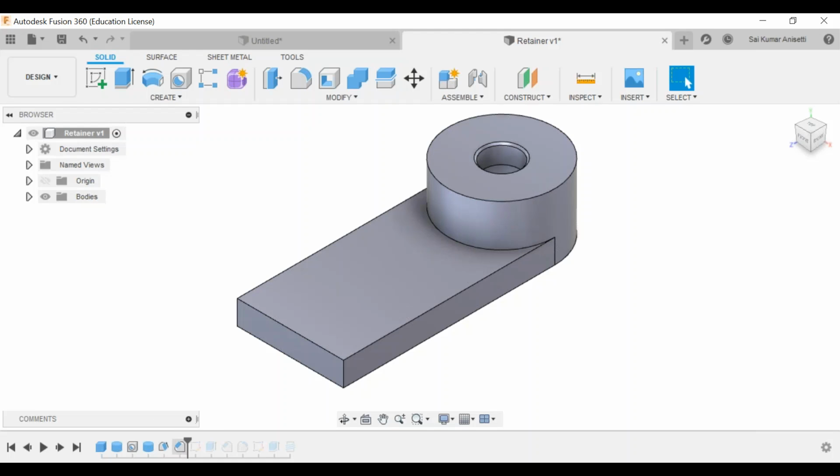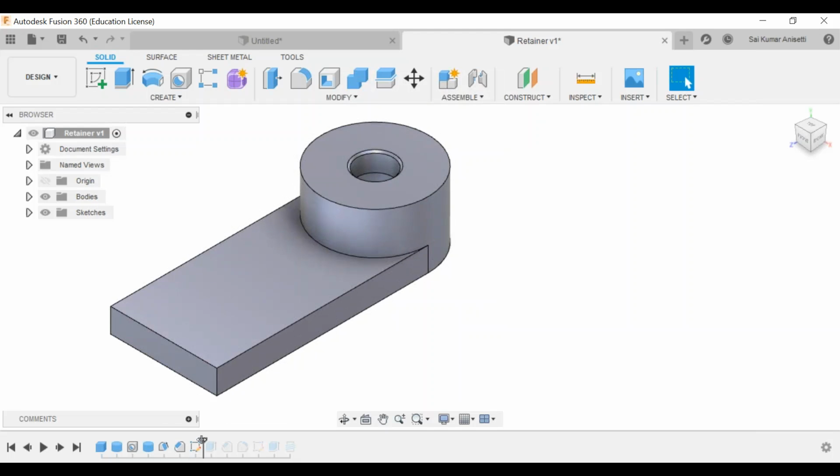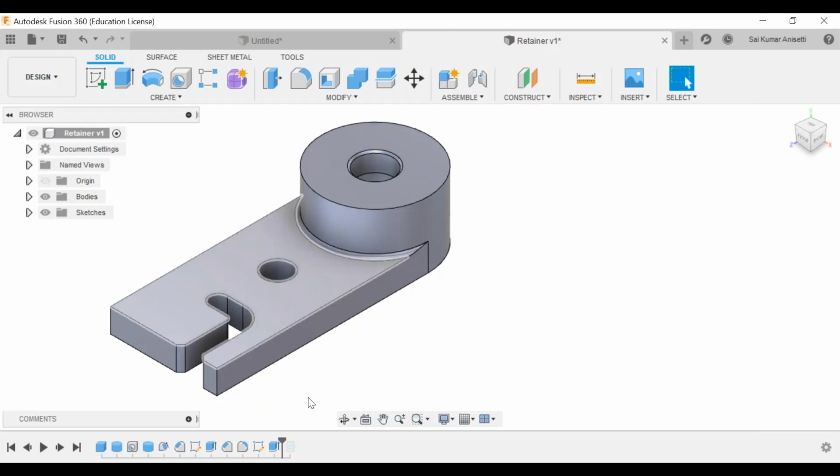See that you have created a chamfer. Next, you have extruded. You can check it over here. Next, you have created another slot over here. Again, you have given a chamfer. This is called a chamfer, no? So again, you have created a fillet at this corner. Again, you have extruded somewhere. Again, you have done a threaded portion over here. Again, you have created a threaded hole. See, this is the entire procedure that you have done.